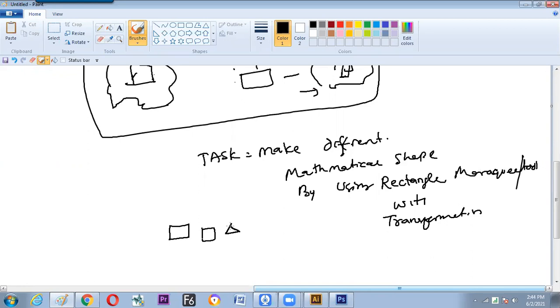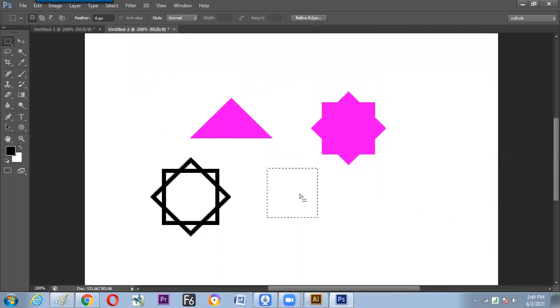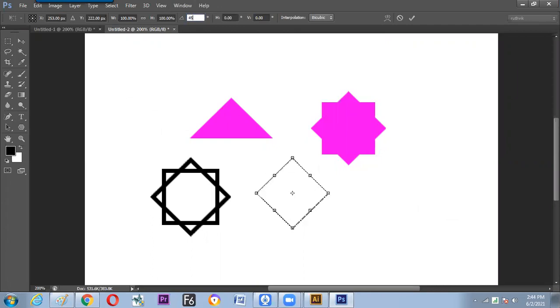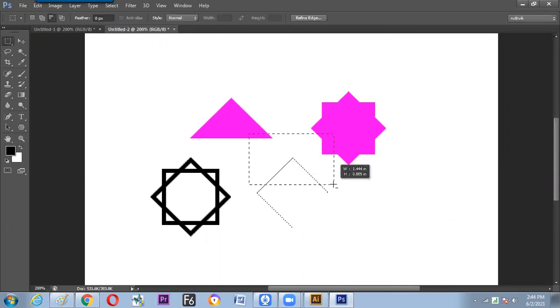Make a triangle, right? Make a star. Now check the right angle, transform, get it 45 degrees and press enter. Switch to the minus. Now make a diamond shape. Am I right? It can be done. Same rectangle tool. The more we think, the more we do. And now the upper color to be different, the down color to be different. Then how to do it? See, get it minus in the middle.